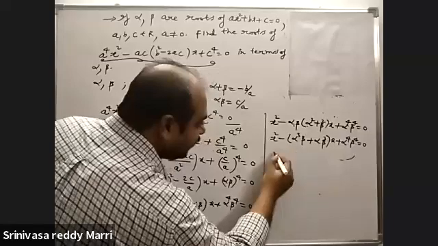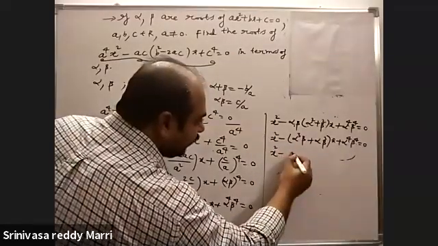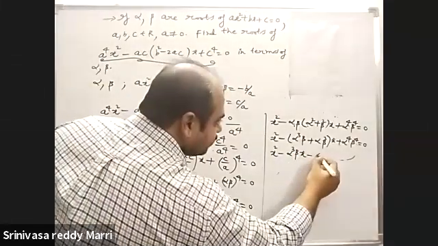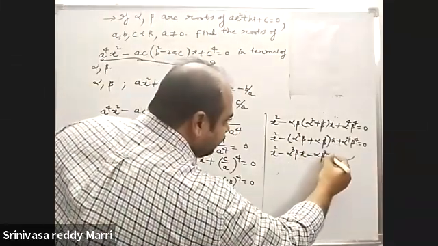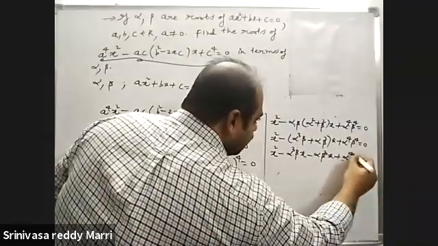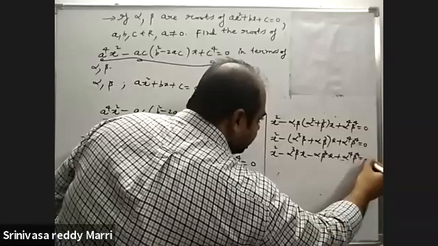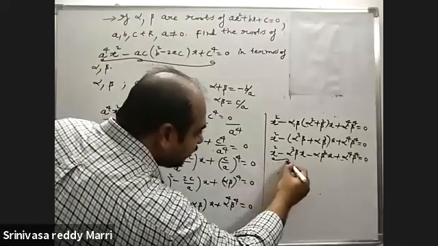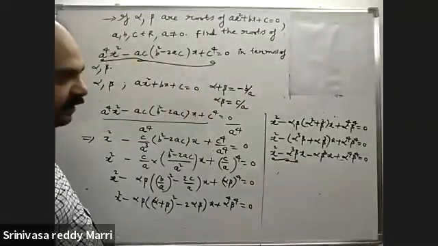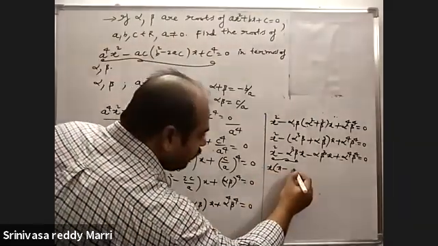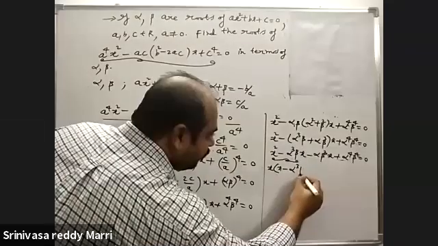Now I am multiplying with x. X square minus alpha cube beta x minus alpha beta cube x plus alpha to the power 4 beta to the power 4 equal to 0. I have multiplied with x. Now in these two, what can I take common? X I can take common. X into x minus alpha cube beta.